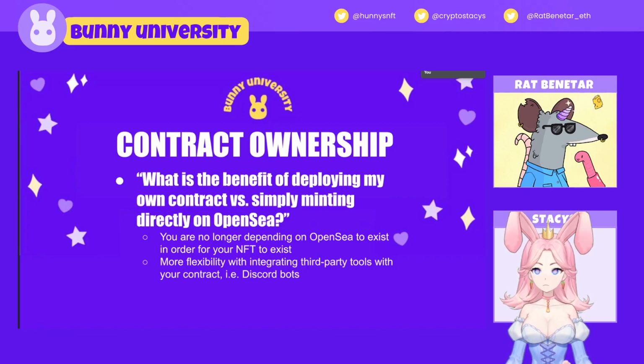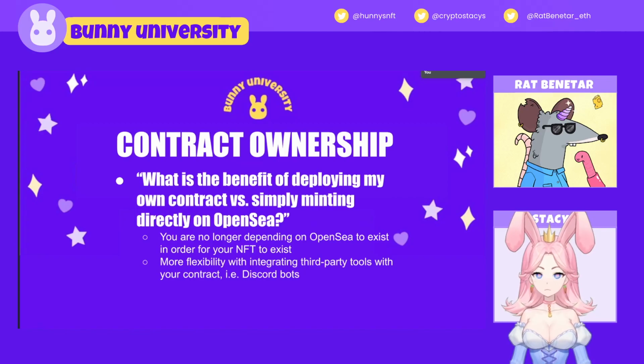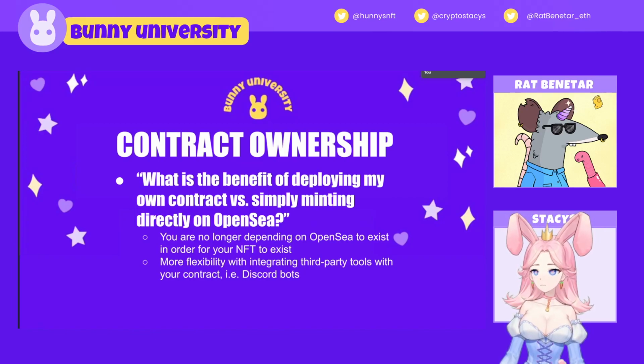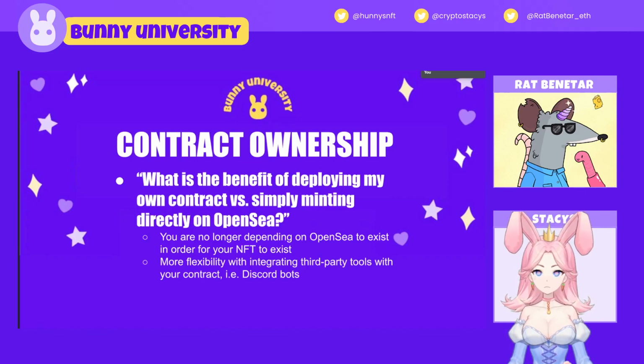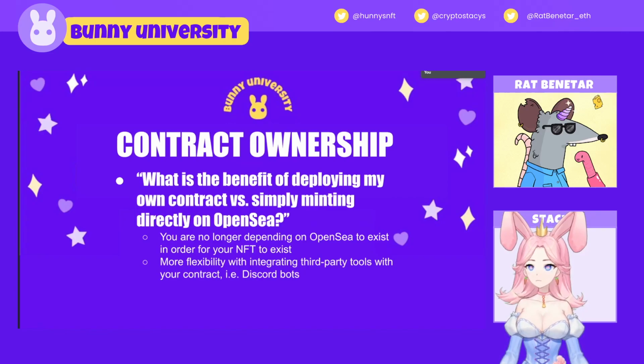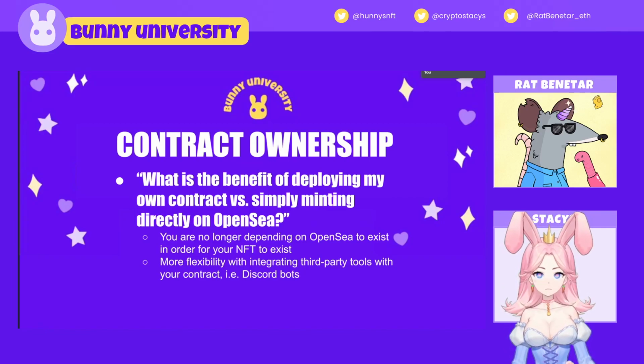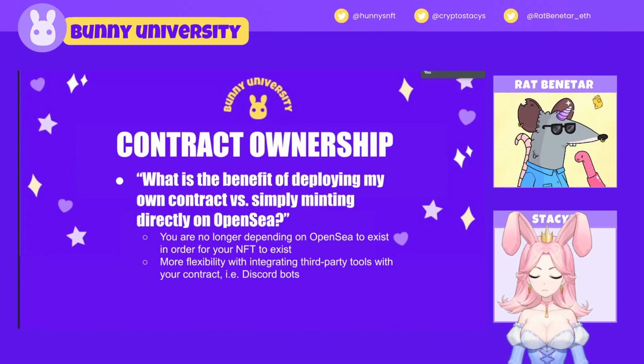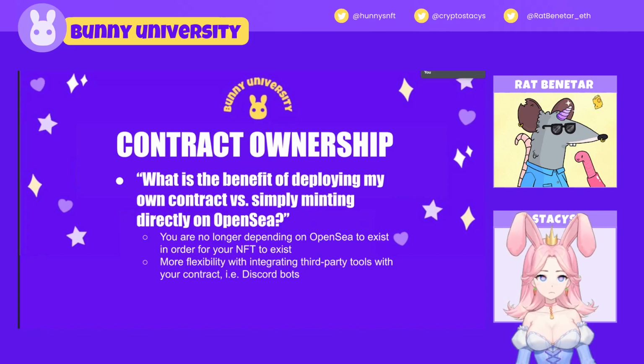Next, owning your own contract gives you so much more flexibility when it comes to integrating third-party tools with your contract. So here, think about Discord bots. We see some opportunities where this is getting a little bit easier if your content is minted directly onto OpenSea, but when it comes to actually being able to do very specific things with your contract, such as verifying ownership of a given token, or